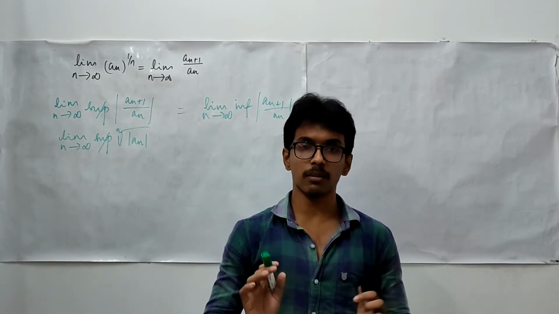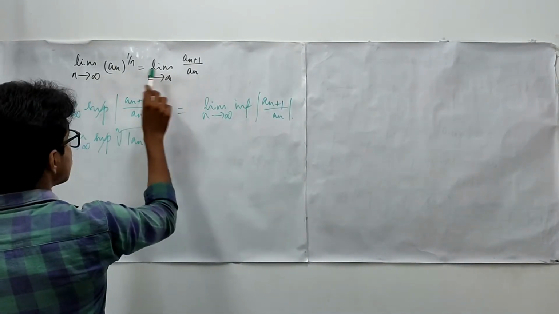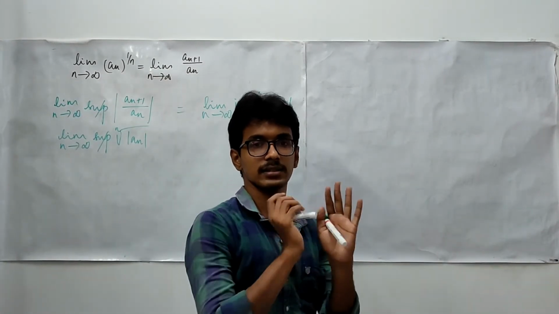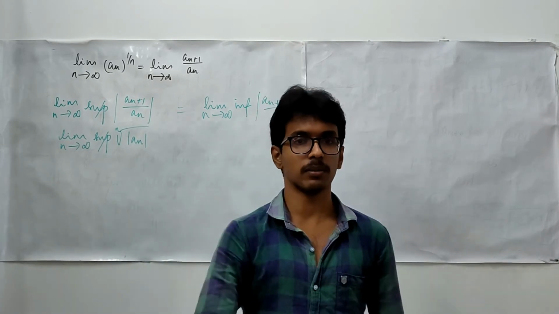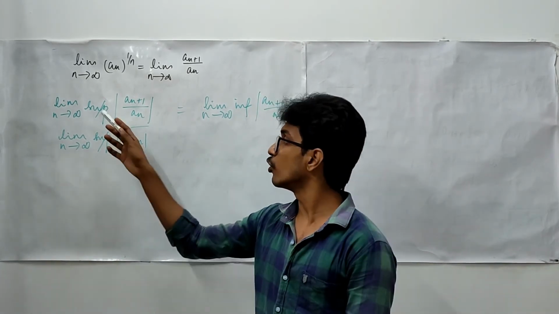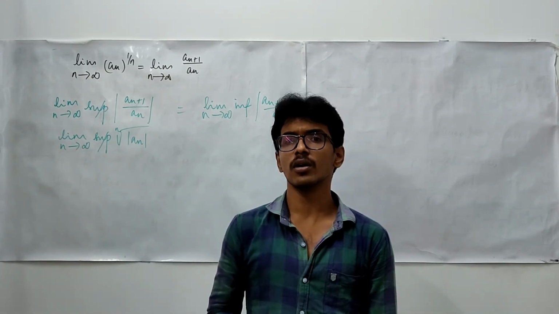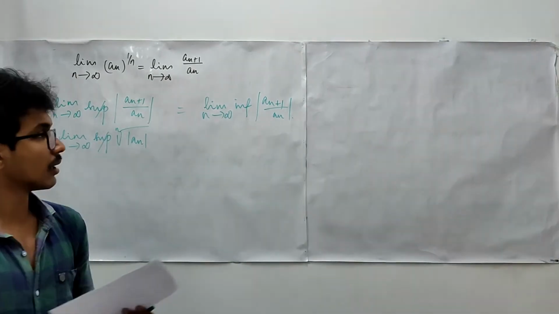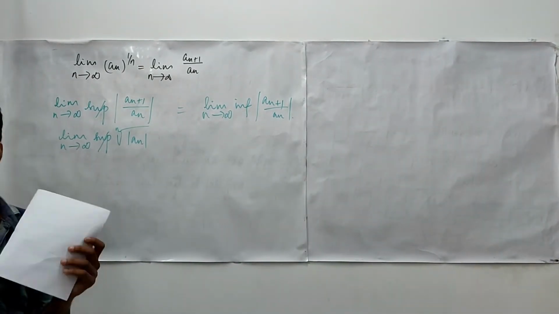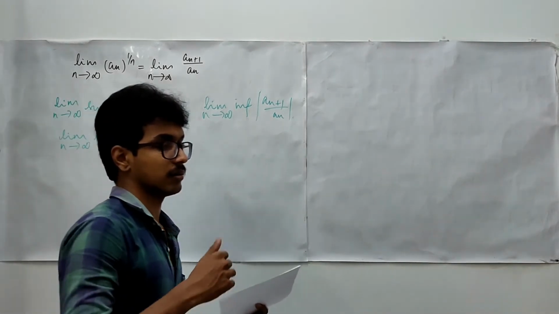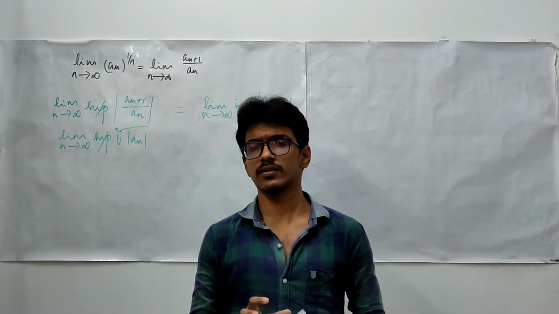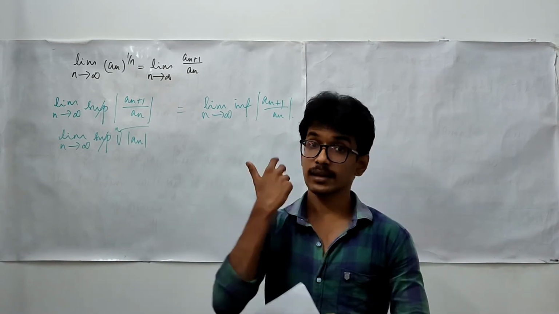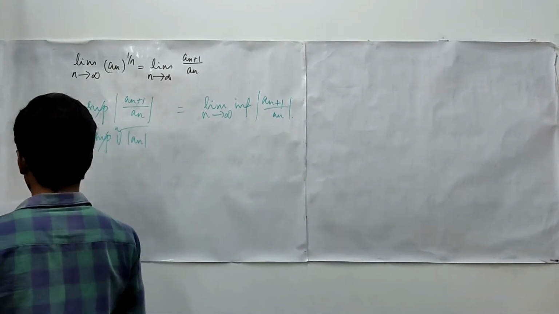If we are going to work out problems on this, we may simply look at these values. We will examine these limits. If these limits exist, then there is no problem at all. If they don't exist, then we will look for the supremum of these values and try to squeeze the convergence from that. Fine. Let us get into the problem that we have seen in the previous video itself. We have found the supremum and infimum value of that using the root test. Now we will find it using the ratio test.